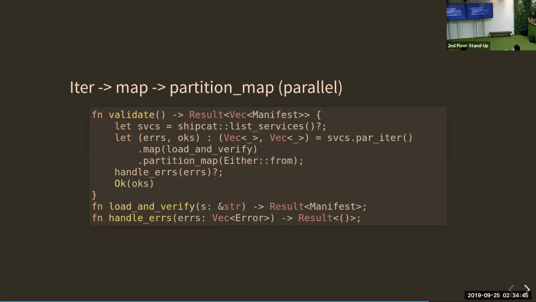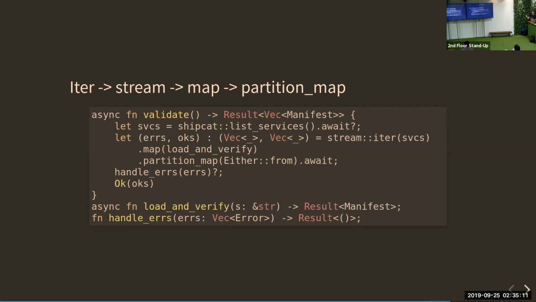Here is a recap of the solution we got for parallel iterators. I've written down two of the three functions that we depended on that are synchronous. If partition_map makes it into async-std, currently they have some of the stuff. They have collect, so you can do some of the basic things I did very early on. But partition_map's not yet there. But if you can, then ideally this should just be converting between these two, right? Which is not a trivial task. You obviously need to propagate the futures all the way down to ensure nothing is blocking, and that's a much larger thing. This is just a top-level guy,